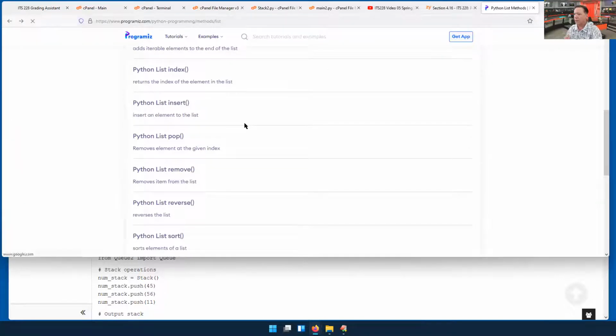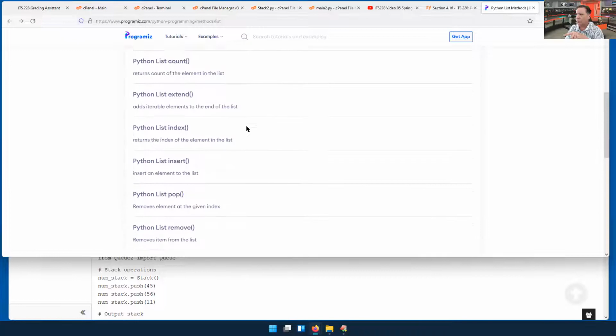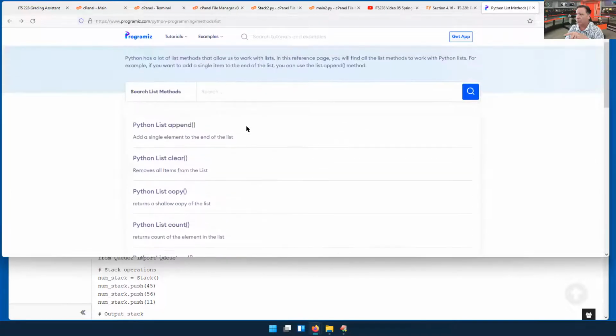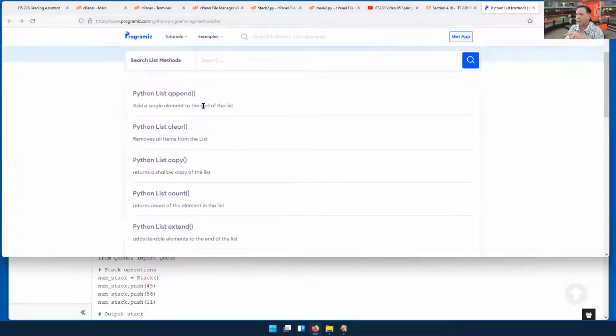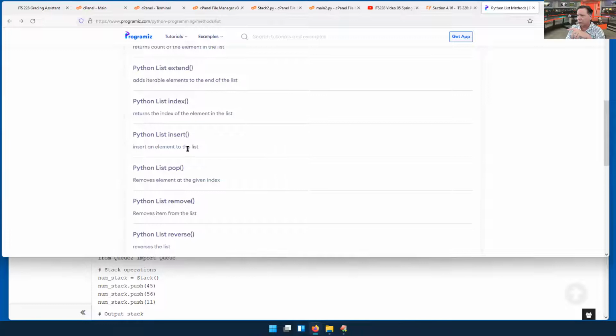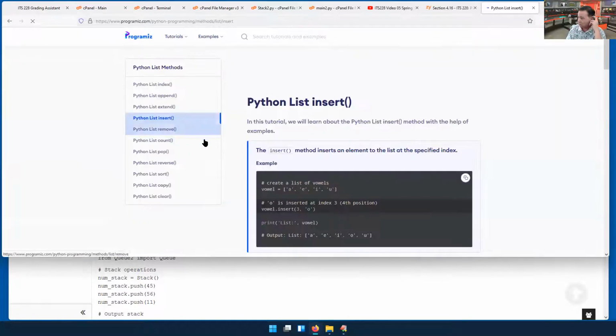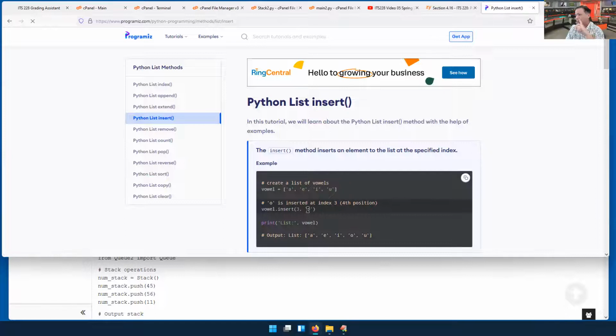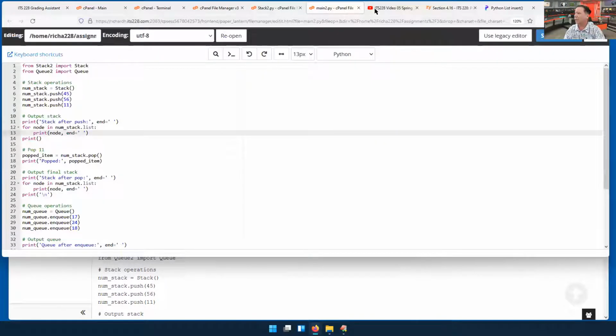Python. Okay, so this appends onto the end of the list. I want to insert an element into the list. And insert at index 3 an item. Okay, so I'm going to use this insert function, and I'm going to make that be,